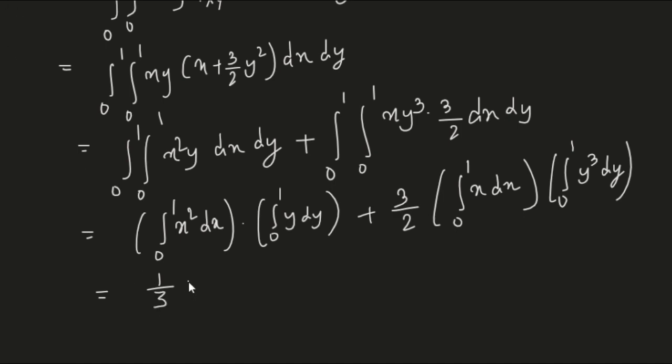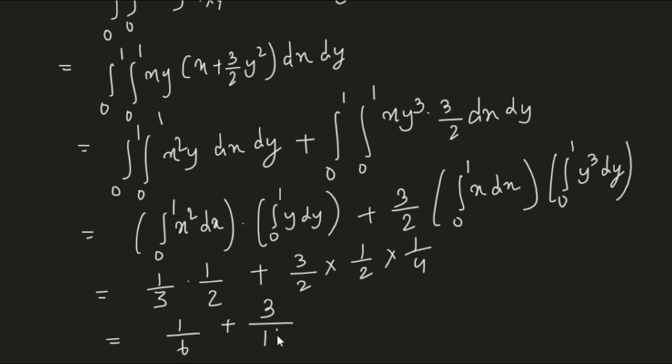1 by 3 multiplied by 1 by 2, and this one would be 3 by 2 multiplied by 1 by 2 multiplied by 1 by 4. So it becomes 1 by 6 plus 3 by 16, and they have a common LCM of 48, so it's basically 8 plus 9, which is 17 by 48, which is the answer, and thus this is the joint expectation